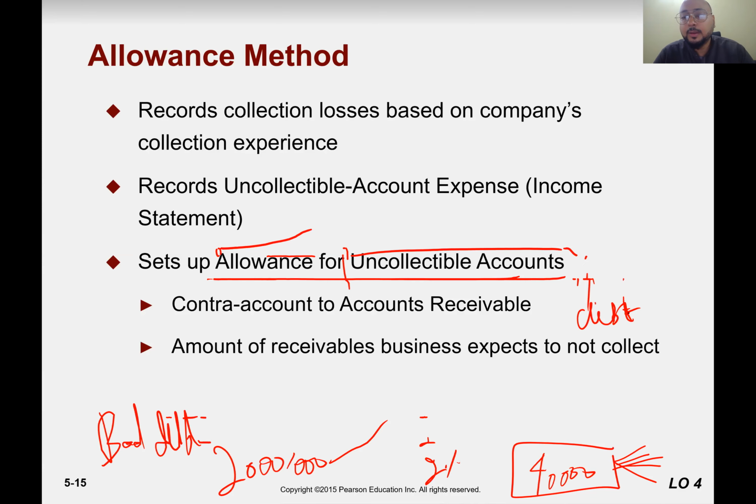So we stick to this word here because we are following the American method here, the American book here. So they call them uncollectible accounts instead of bad debts. Okay. So it records collection losses based on the company's collection experience. So you plan in advance, and how you plan on the basis of